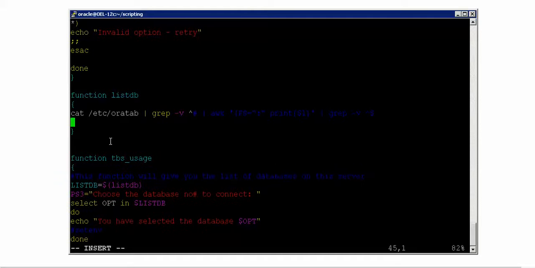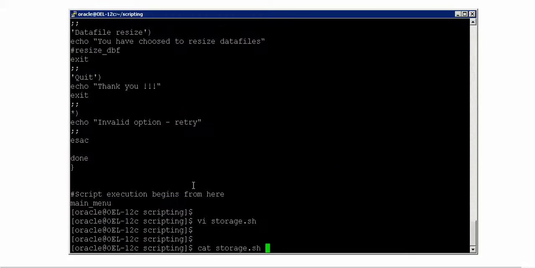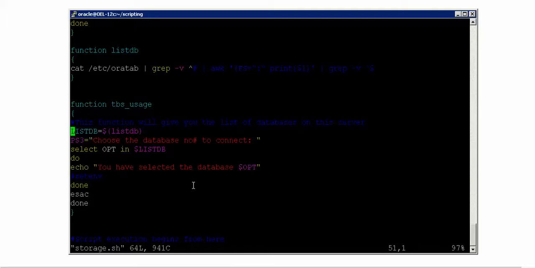So now what I will say is, the output, whatever is listing from that output should be this one, and I should say that from the list. Alright, so now let me execute this. Okay, so now storage. There is a syntax error near the 58th line, so storage, and I wanted to go to that line, so escape 58.